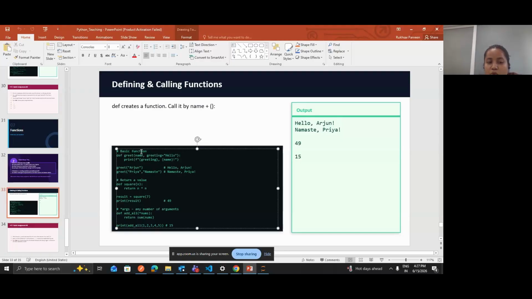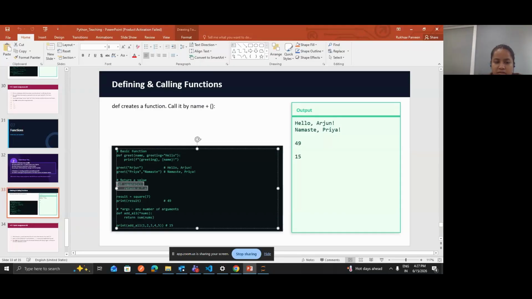This Namaste will go inside name and Priya will go inside greeting. So always remember that it maintains the order. In whatever order you have written the parameters, the values will go to those parameters only. And if you have already given some default value, you may or may not pass the value. But if you have not given any default value, that parameter is a must. You should pass something inside that parameter.